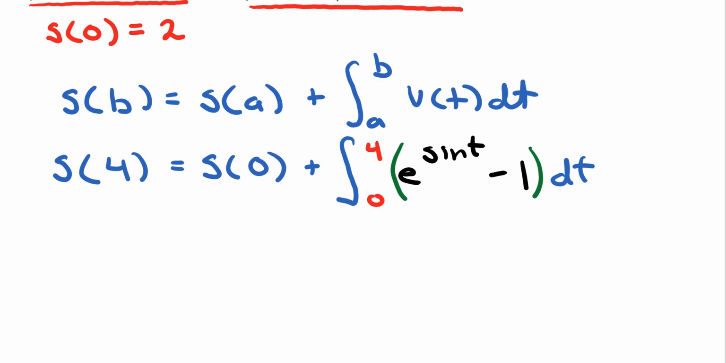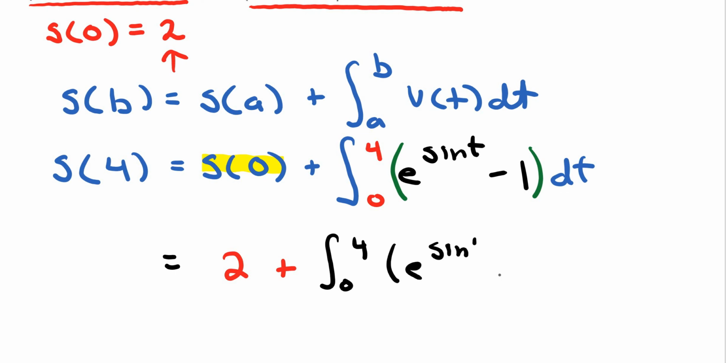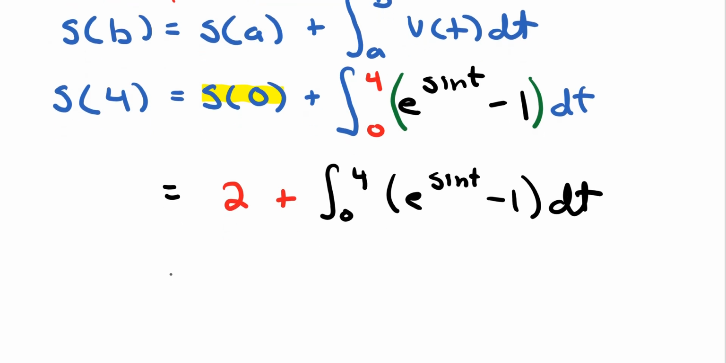Okay, and then after that, you want to go to a calculator. Sorry, not a calculator, but S of 0 right here has a value of 2, as we established at the beginning of this problem. So this would be 2 plus this integral right here from 0 to 4 of e to the sine t minus 1 dt. And if you do this, this will be 2 plus